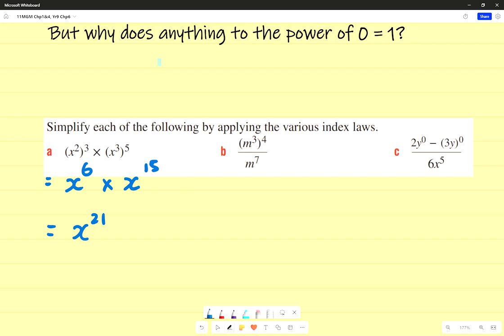Any questions? Okay. Next, we've got the same idea, but just with a slightly different rule. We've got m to the power of 3 times 4, or m to the power of 3 to the power of 4. So we've got m to the power of 12,